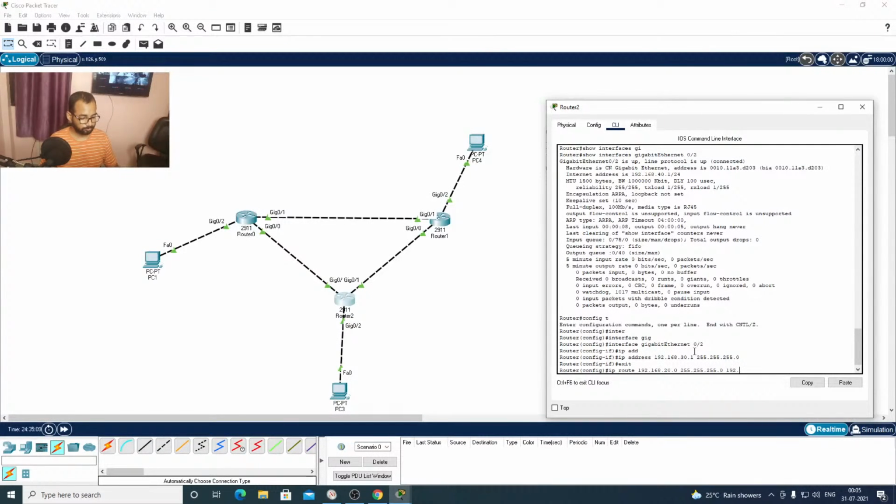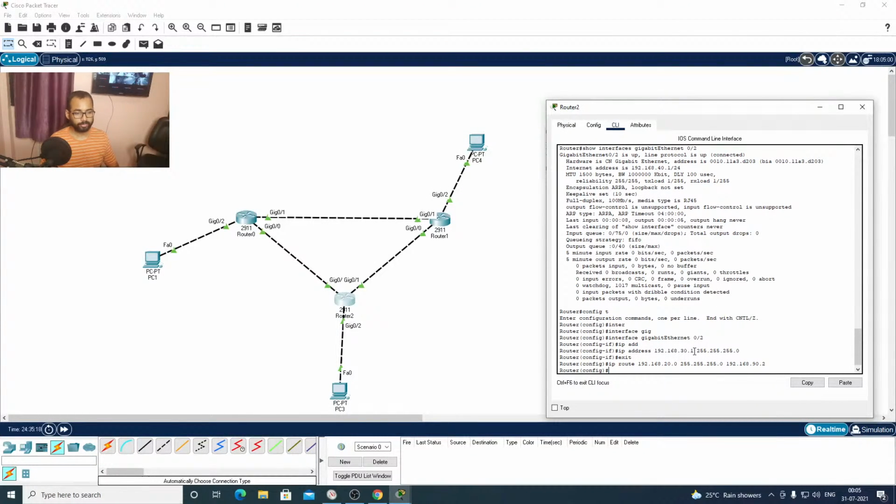In our case, the next router IP address will be 192.168.90.2. We have added it here.